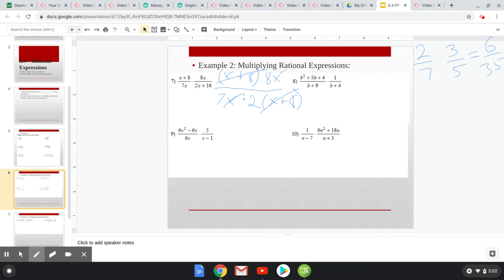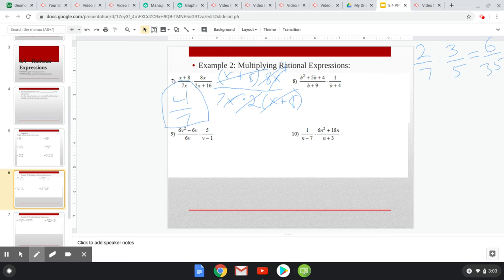We can also factor our x's, and then we can reduce the 8 with the 2. So we're going to have 4 over 7 as our final answer. So the instinct would be to distribute when we're multiplying across, but instead we want to factor because, again, that's going to let us see if there are things that we can cancel, which, as you can tell, makes the